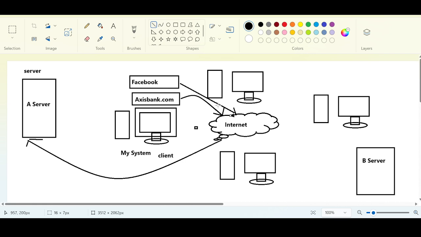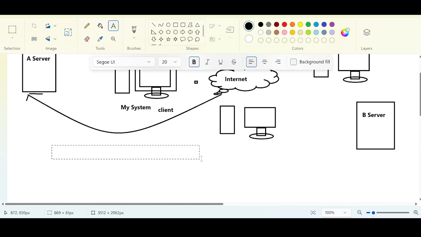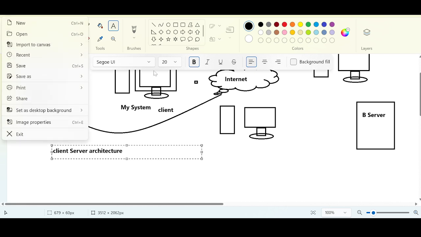Dependency is there. What is dependency? Internet. This internet will take responsibility. This website will take responsibility because it is designed in such a way that it is going to get connected to the server. Okay, this is called the client server architecture. What is that? Client server architecture. So what are a few examples under the client server architecture?